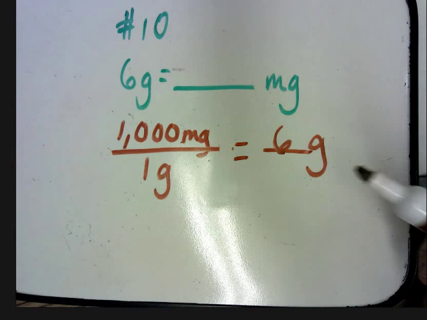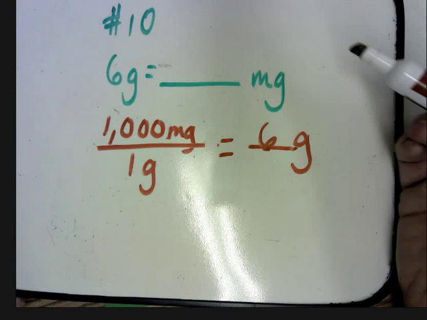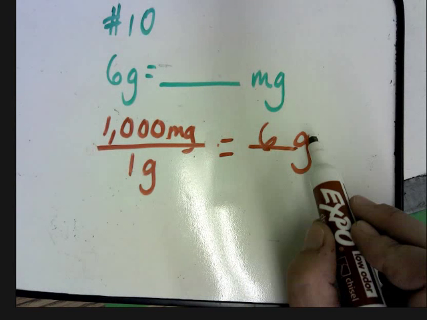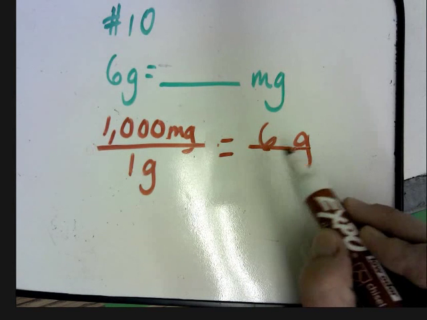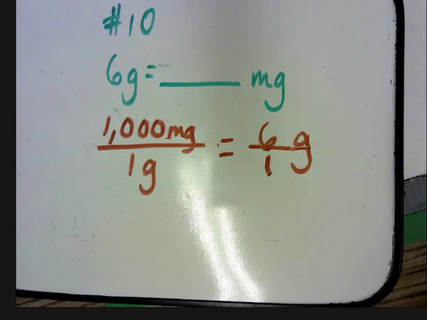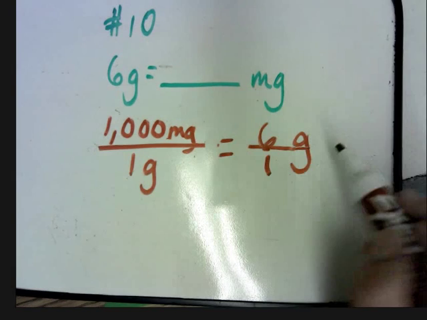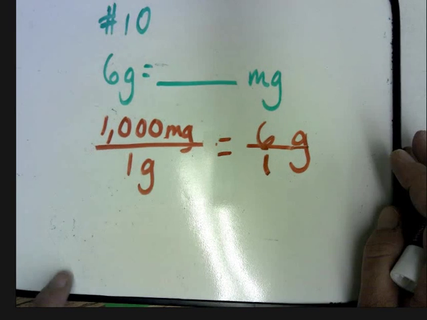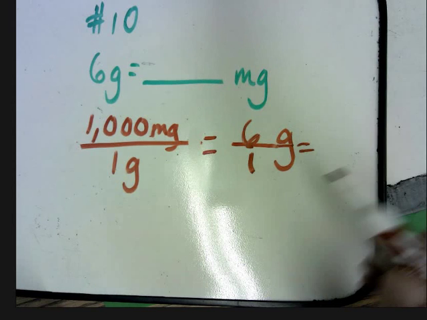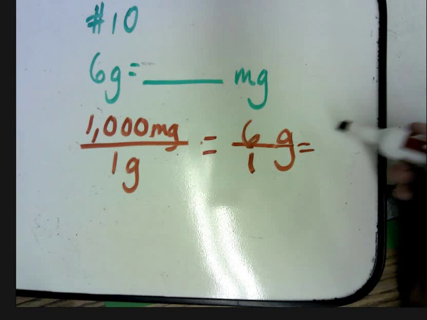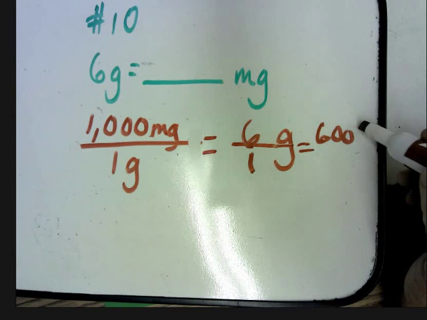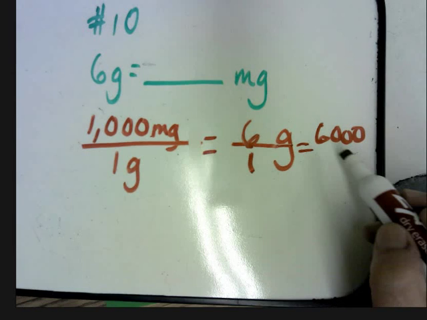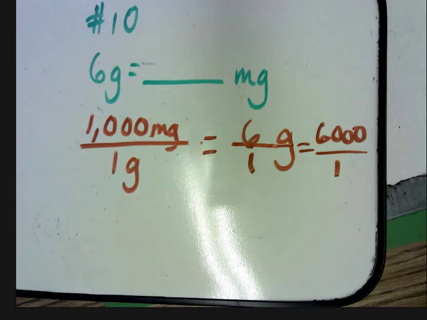6 grams, and you can put 6 grams over 1, which is the same exact thing as saying 6 grams, because any whole number as a fraction is just written with a 1 underneath. Now I'm just going to multiply across. 1,000 times 6 is 6,000. 1 times 1 is 1. So your answer becomes 6,000 over 1, or just 6,000